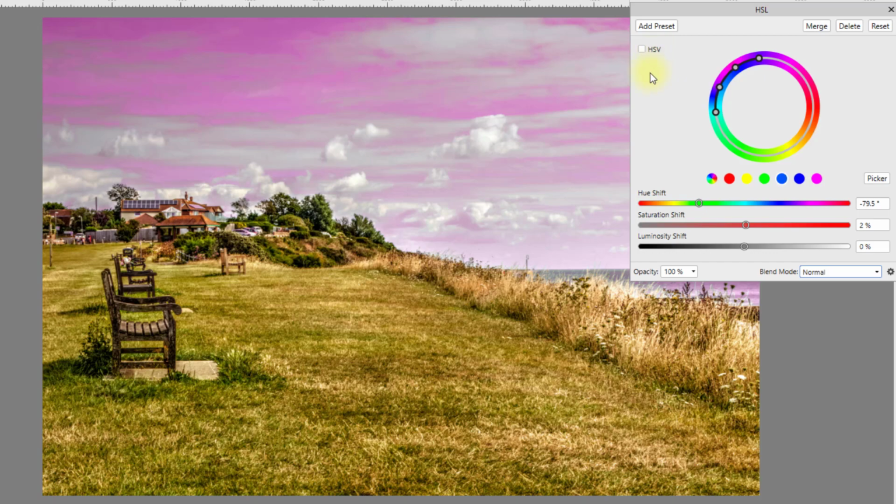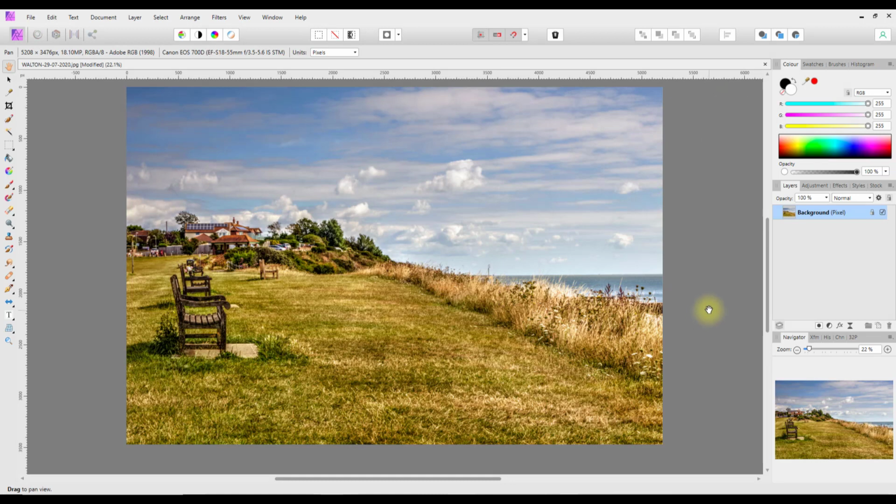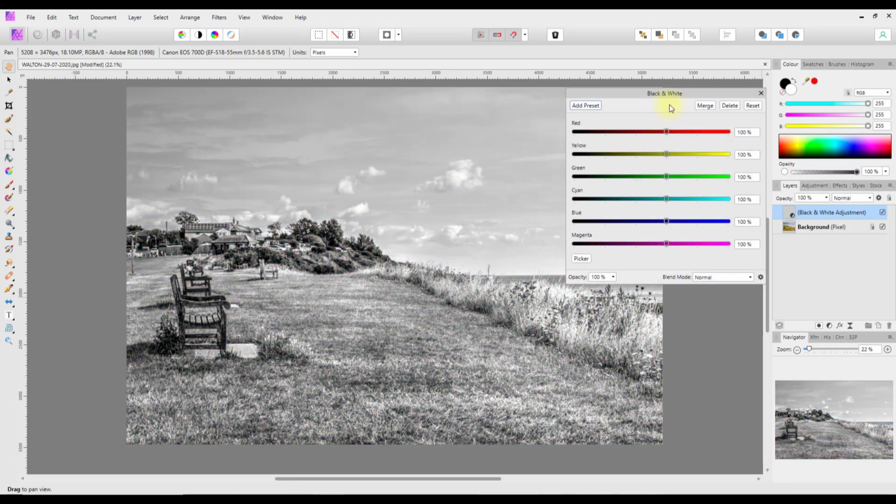But like I said, if you don't really know what's going to happen with that, I would leave that alone. So let me just delete that and we'll look at the black and white adjustment. Now obviously it makes an image go black and white, hence the name,